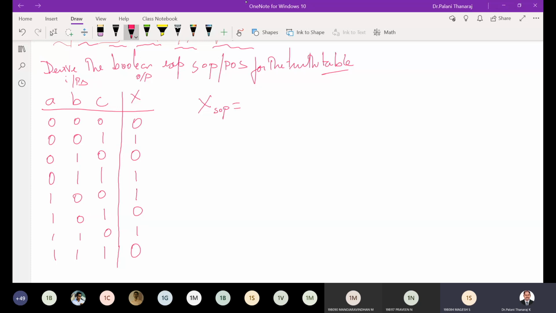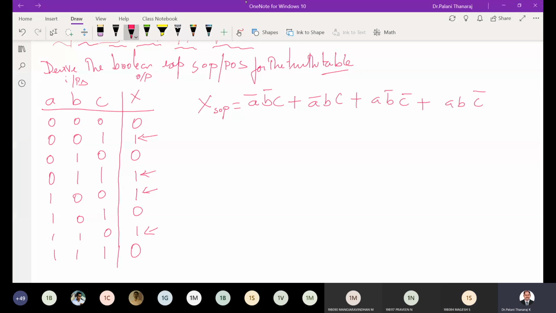Now tell me what is the first combination? We are having 0 0 1. So what is the expression? A bar, B bar, C. Very good. A bar, B bar, C plus. Then when you go to the next value, you put a plus sign. The next one is A bar, B, C. Very good. Next, A, B bar, C bar. Excellent. Next is this one, A, B, C bar. That's all. Very good.